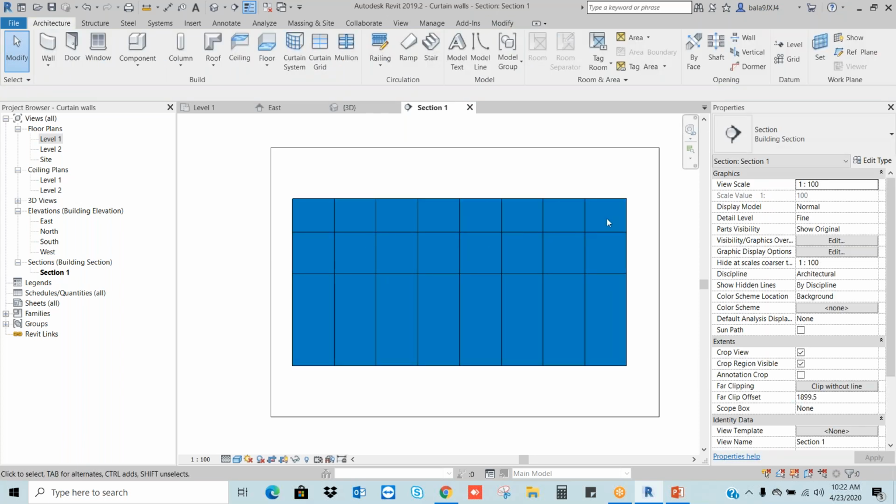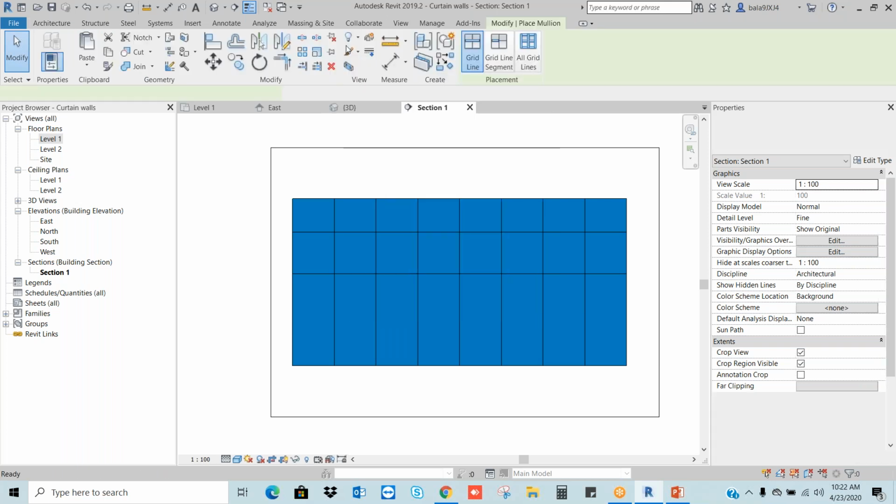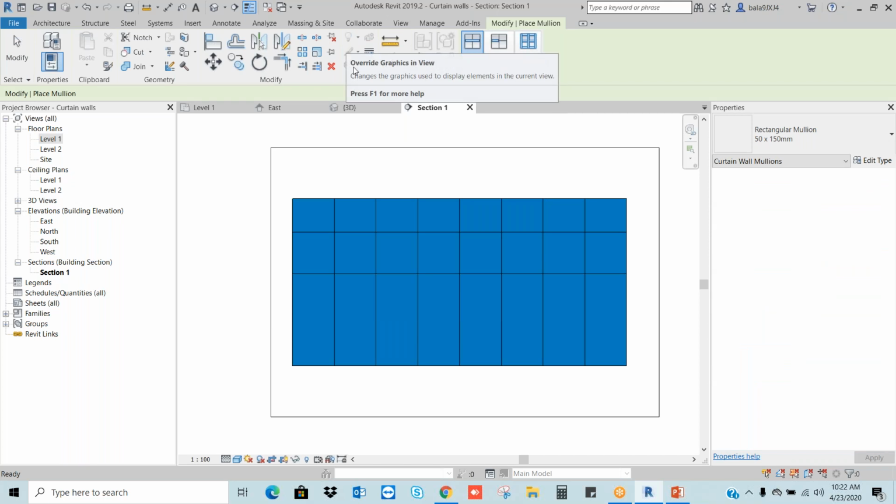After placing the grid, I want to place the mullion supports. I will go to the Architecture tab again. Beside the curtain grid, we find mullion. Just select the mullion. When you click on the mullion, again we are getting the placement. See, Revit always guides you on the next step.